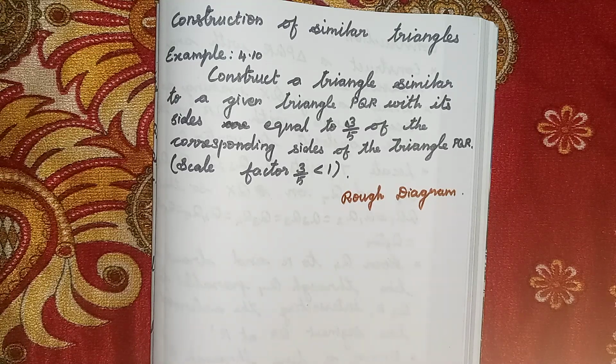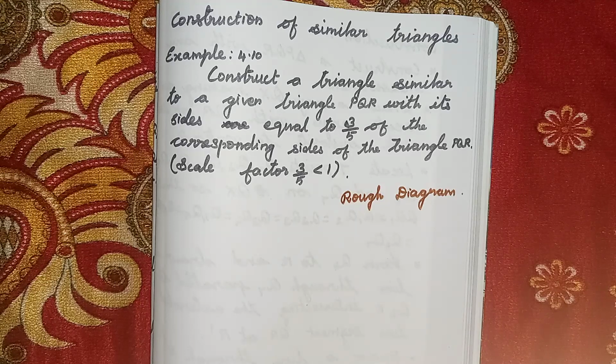First, similar means what? Two figures are said to be similar if every aspect of one figure is proportional to the other figure. In short form, if one figure is the enlargement of the other, we can say that the two triangles are similar.